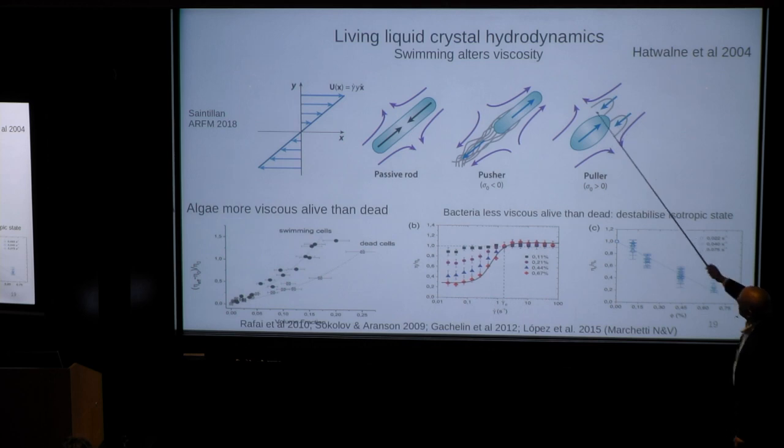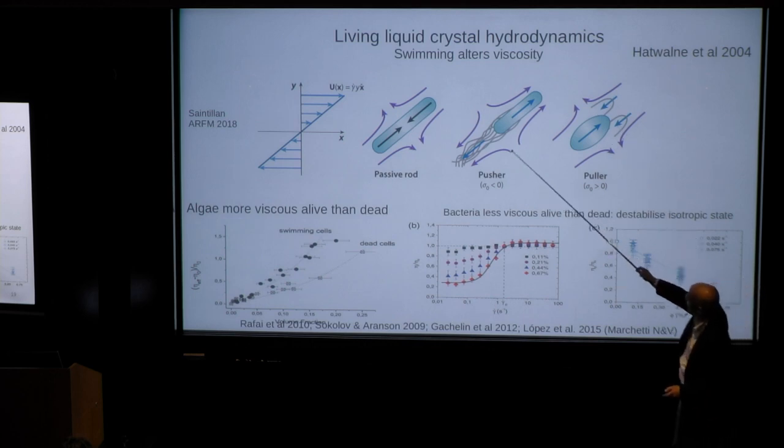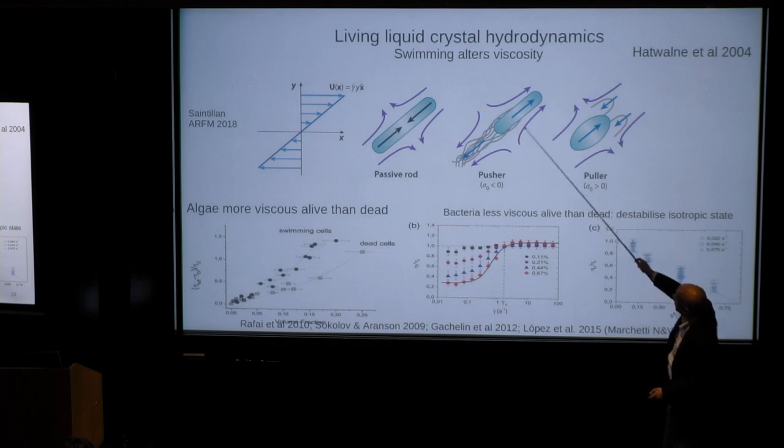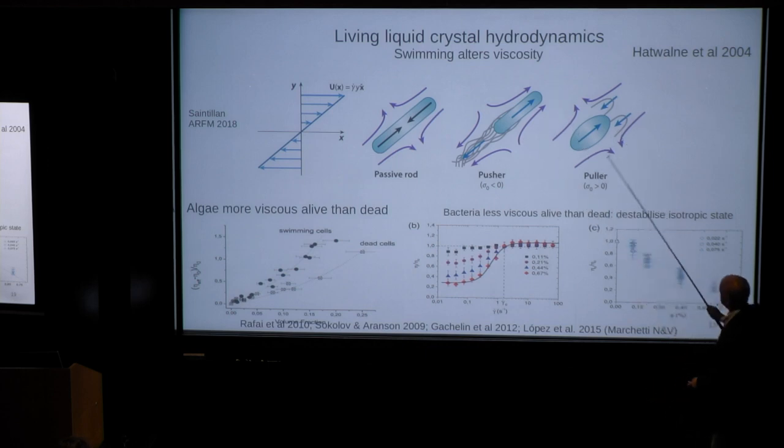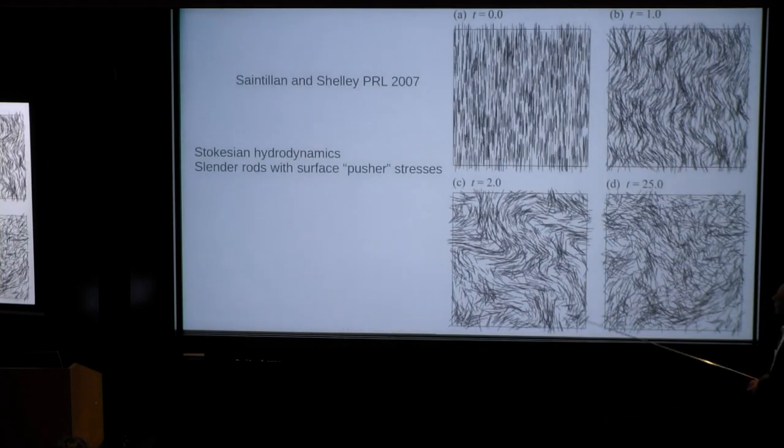Further, if you have particles, even in the isotropic phase, if you put on a flow and align them, then pushers push the flow in the direction which you already imposed, pullers pull against it. So a suspension of pushers is less viscous if they're alive than if they're dead, and they can even destabilize the isotropic state itself. Anyway, we had done this work, and I was walking past a talk at the APS